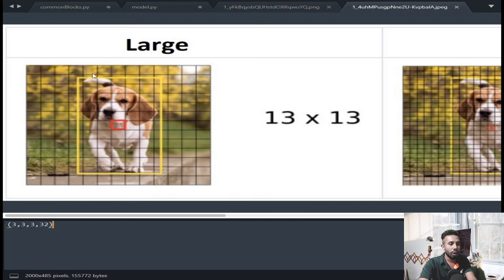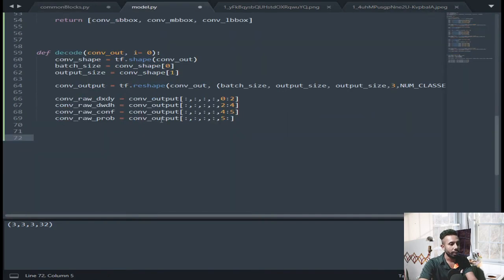So for finding x with respect to this corner, let's say this is 0 0 out there, I want to find x with respect to this corner. For that reason I have to do the decoding. So let's go forward. And so this is the model out there. Now I have to make a grid out there. So xy grid,